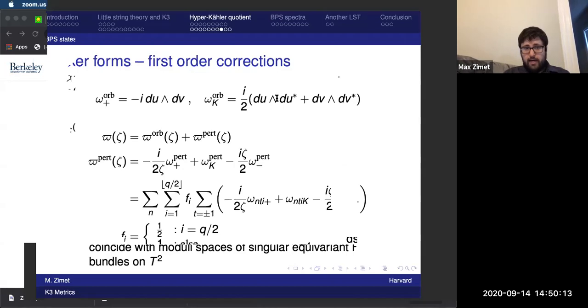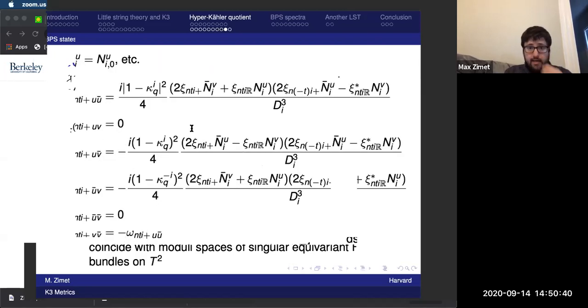Okay, so now I'm going to describe what happens if you do this explicitly at first order in perturbation theory. So here's the orbifold limit, where if you just plug in 0 FI parameters, then you get these familiar flat Kahler forms on just a torus, or here really the torus orbifold. And then we're going to add the first order perturbative corrections, and they take this form. Again, I don't want to unpackage all the notation, but you can see this is very explicit and very simple.